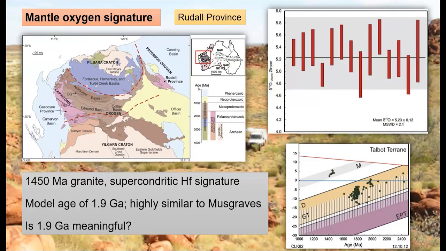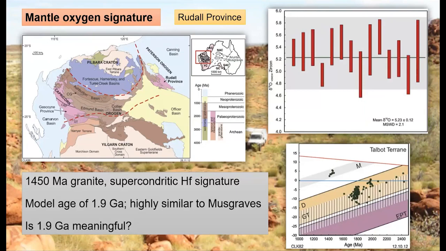Or is this just fortuitous that they're falling in this zone simply because they're mixing this older crustal component with a new mantle component? One way that's been suggested to address that is to use oxygen isotopes. We would predict that if this evolution array back to the mantle was indeed an evolution array, not just simply a function of mixing, we should see mantle oxygen isotope values in these grains. So let's look at the oxygen isotope composition of these analyses, and they come out at pretty